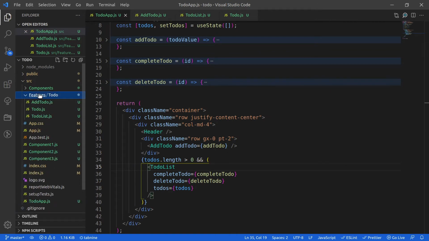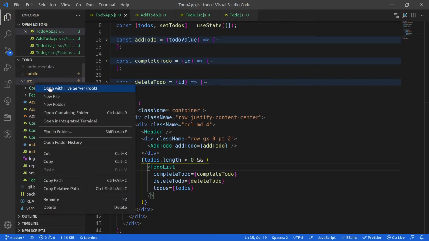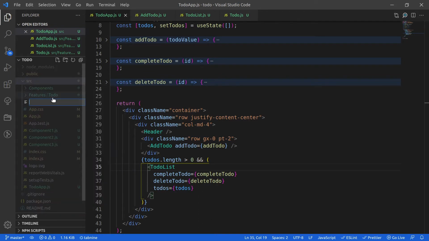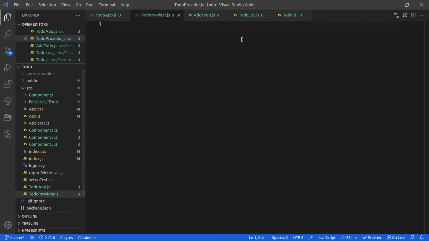So what I'm going to do is create another file called todo-provider.js. In this video, I am also going to follow a pattern that is widely accepted and is the recommended approach of using the providers or using the context API.